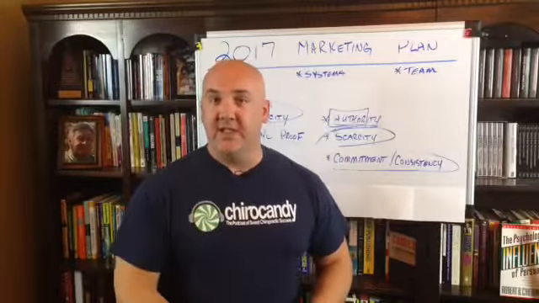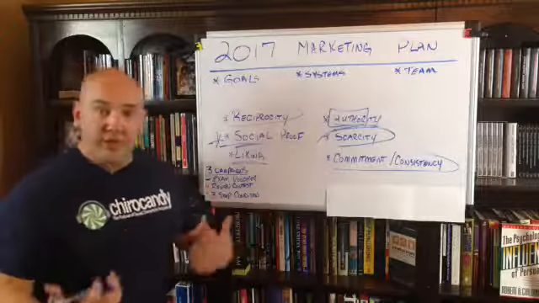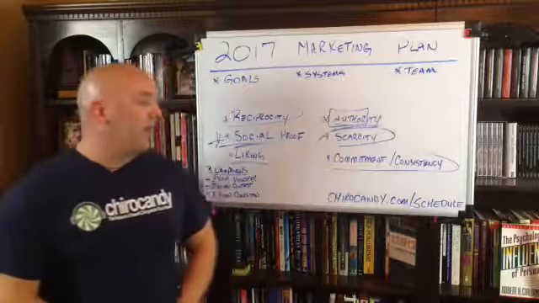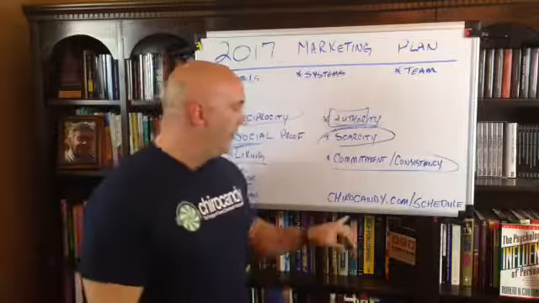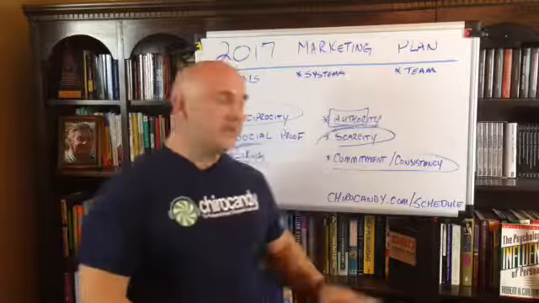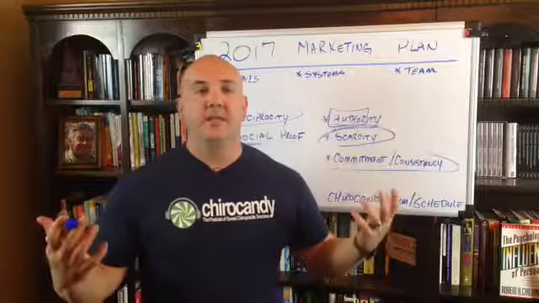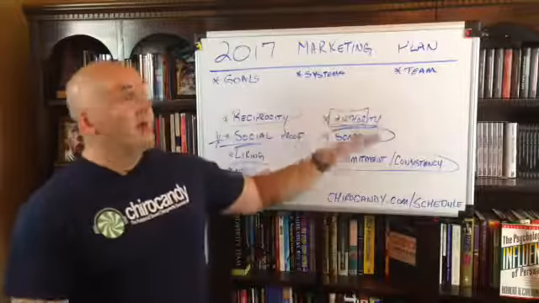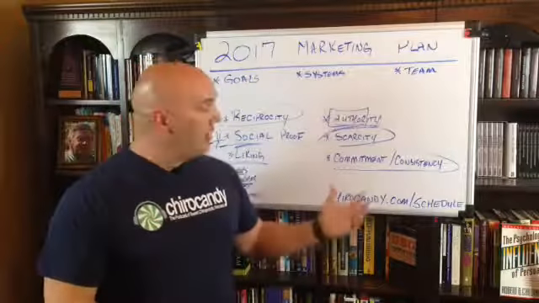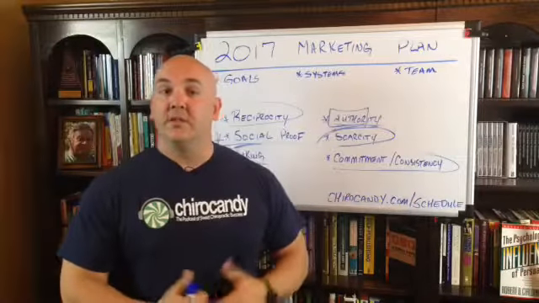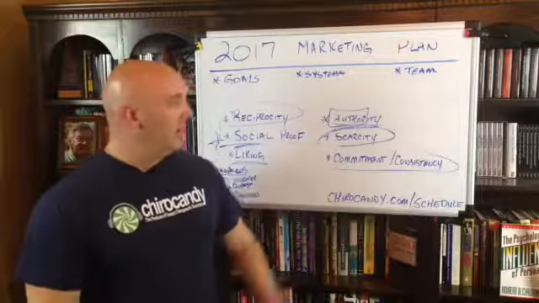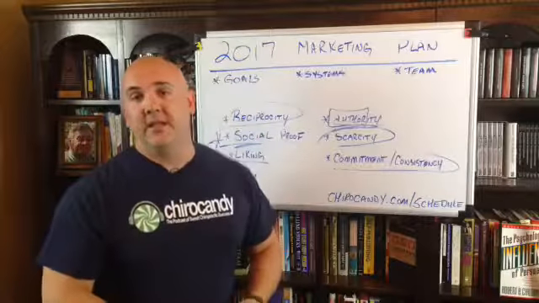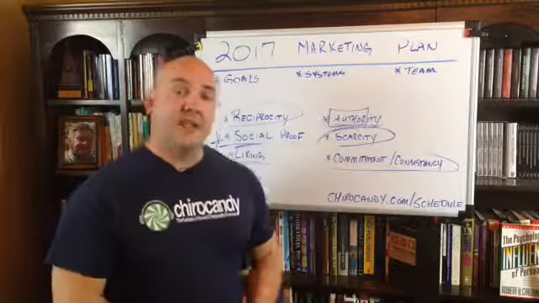But if you're interested and you would like to talk about working with me and having me set all this stuff up for you, then you can go to chirocandy.com/schedule. And all this does is you just set up a time to get on the phone with me. It'll take about 15 minutes. We'll talk about your practice, where you're at, what your goals are for this next year, and then we'll talk about what options and what all needs to be done as far as me sitting down and working with you. This is going to be kind of first come, first serve, so just get on there if you're interested in working with me, and then schedule a time for us to talk.